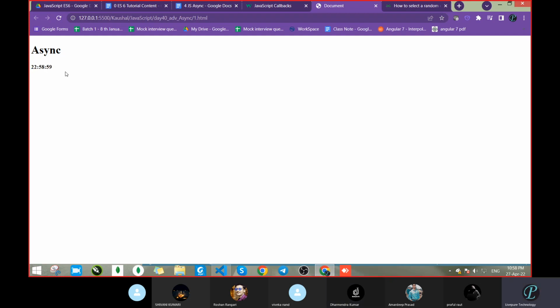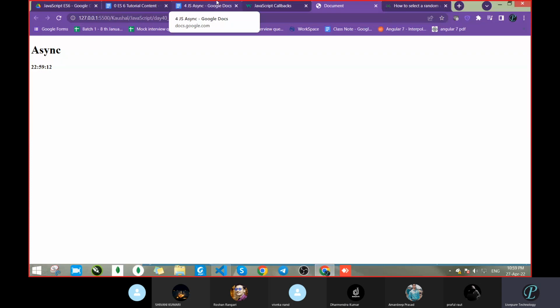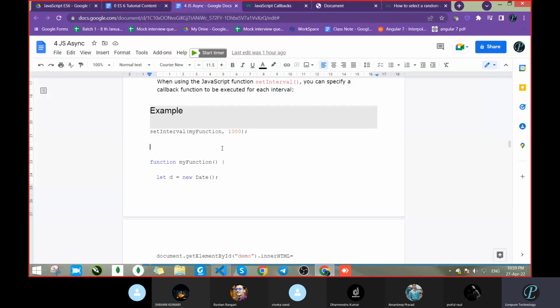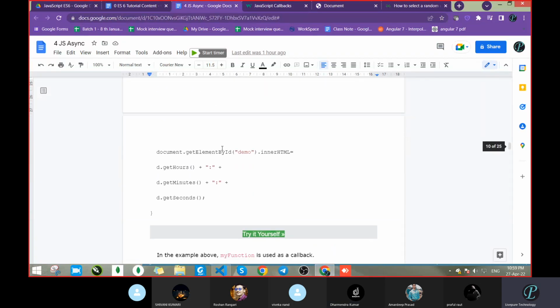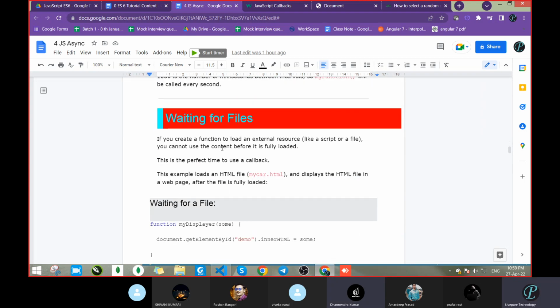Got it? So this is possible with the help of callback methods. Like the set interval we had used. These all are known as callback methods. Be careful regarding the callback and the methods which we used: set time interval, set timeout, set interval, these all things. In interviews, they ask too much. And we are using this thing frequently. It's not that complicated. If you write it, you will get the idea.